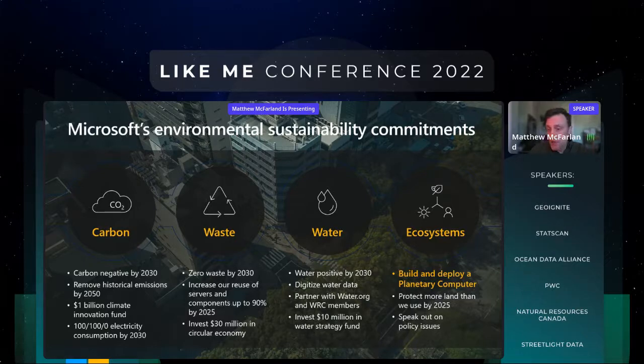When we sat down a few years ago to draft our sustainability plan going forward, we knew that we needed to match the scale of the environmental challenges facing the planet. Leaning on our roots as a software engineering company, we had sustainability sprints over the course of the year, asking questions like, what does the best available science say that we should do? What do our customers and stakeholders expect of us? What can we accomplish? And I think, importantly, how can we use our resources to scale efforts for